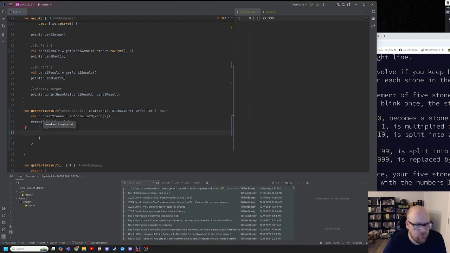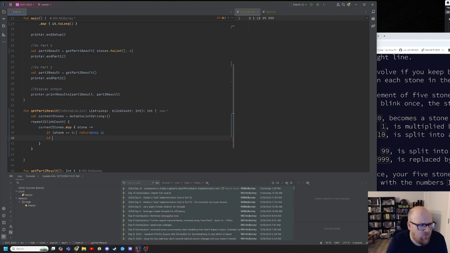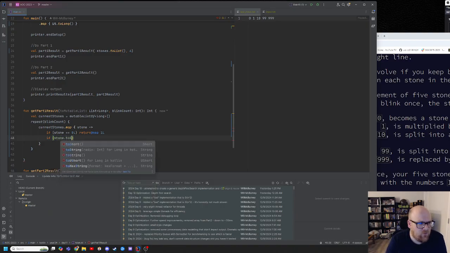Yeah, I know what I want to do. So current stones is going to be stone. If stone equals 0, then return at map 1. If stone.toString.size mod 2 equals 0,